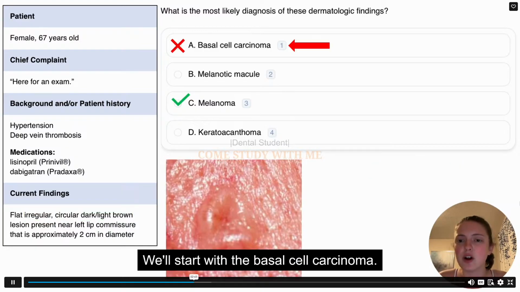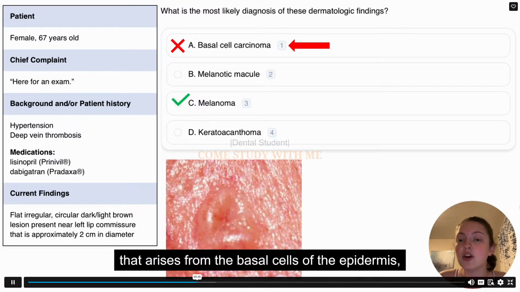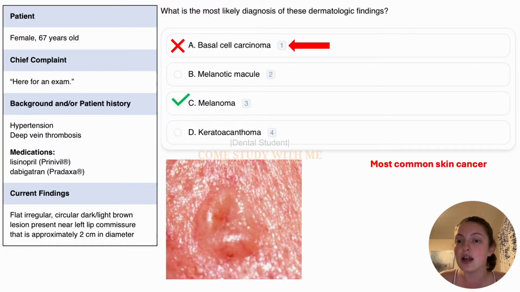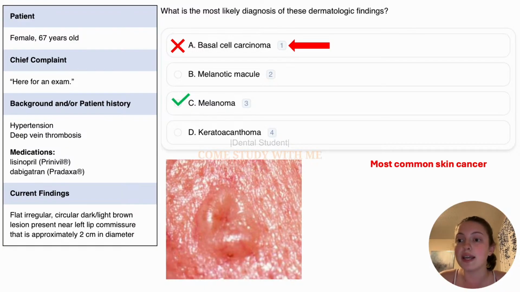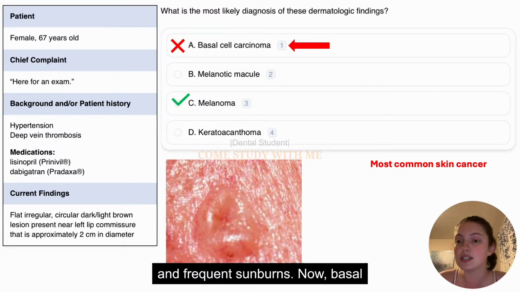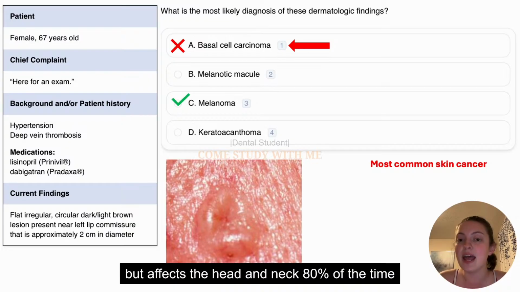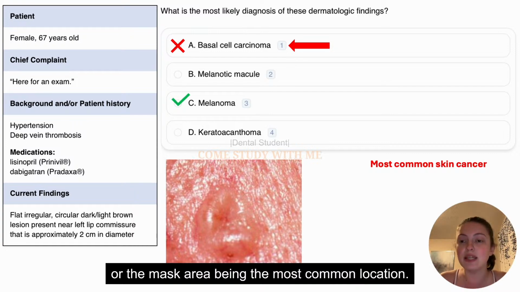We'll start with the basal cell carcinoma. Now, this is a malignancy of surface epithelial origin that arises from the basal cells of the epidermis, and it's the most common skin cancer. This is most common in those over 40 with a fair complexion, and risk factors include chronic and intermittent sun exposure and frequent sunburns. Now, basal cell carcinoma can be seen on any cutaneous site but affects the head and neck 80% of the time, with the middle 1/3 of the face or the mask area being the most common